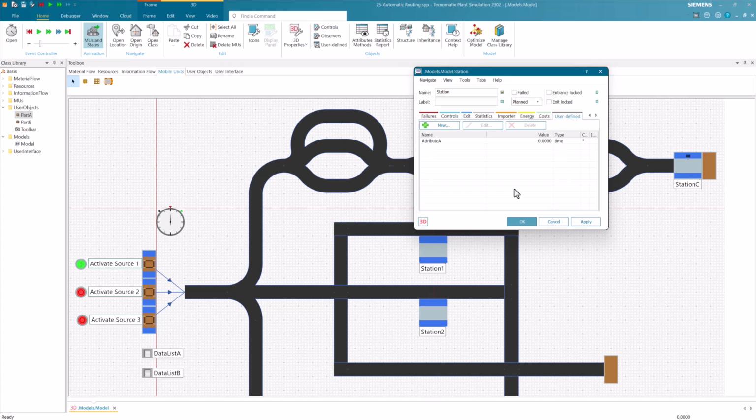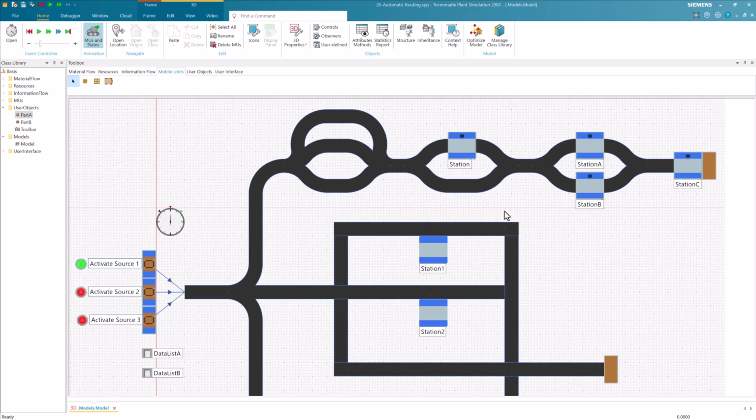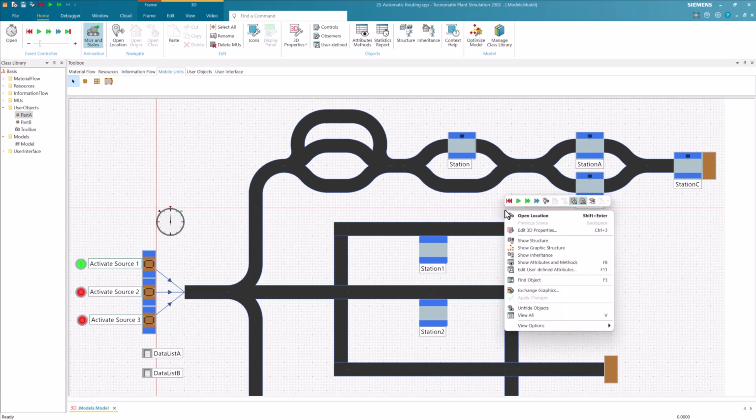The route weighting attribute can be used to decide whether the part should be processed by the station, and additionally enables us to create part-specific routings. By setting the attribute to 0, the route via the station is faster in this example, which means that the part takes the route via the station and is processed. However, it's important to note that this does not change the actual processing time of the station. Next, we let the simulation run.